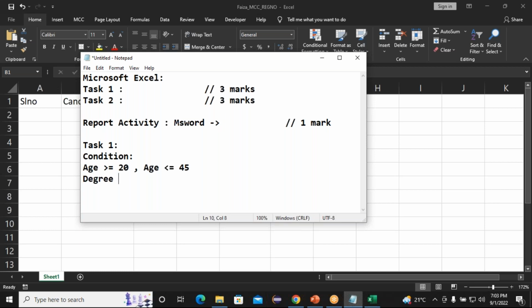I have the degree. So the second condition is my degree condition. The candidate must be BCA or BCom. If the candidate comes from some other department, like MCA or MBA, I don't want that candidate, so I don't want to put them into the shortlist. This is my second condition. And third condition,